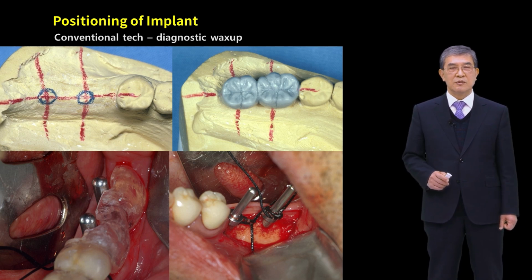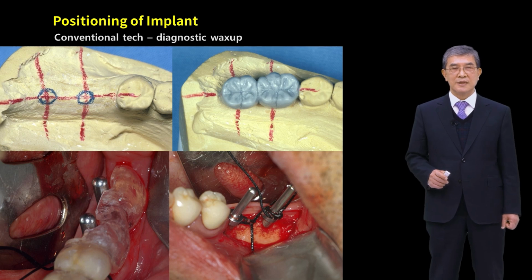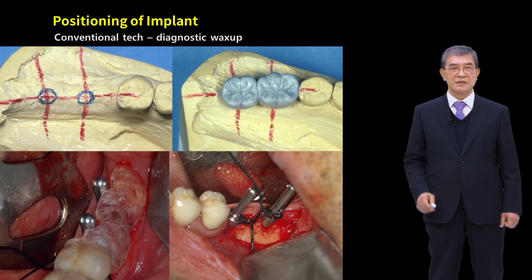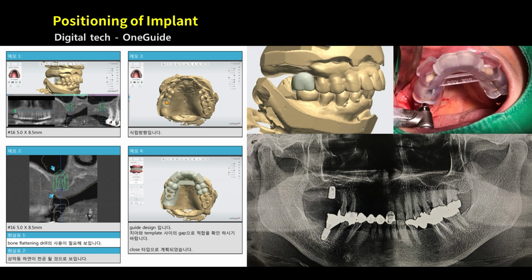In the past, we have used these techniques to find the right position. Some people still use it these days. You use a diagnostic wax up and make a surgical stent using this. An implant was placed. These days, CAD programs are used, and using digital technique, one guide can be fabricated. Awesome has a one guide system. If you use the one guide system, you can get accurate implant position, and axial force can be applied to the